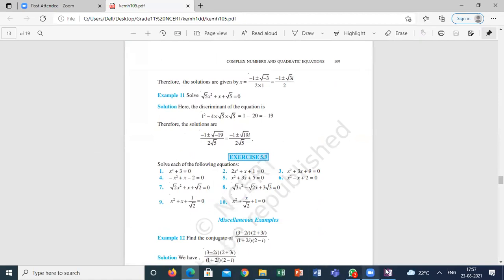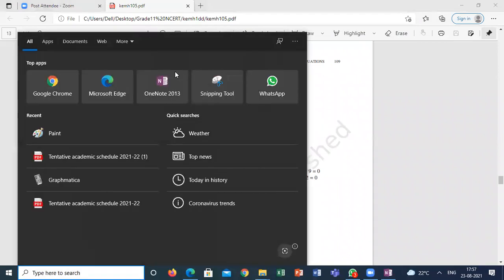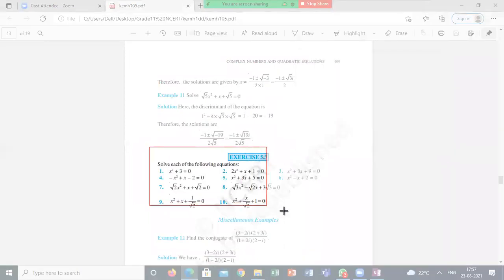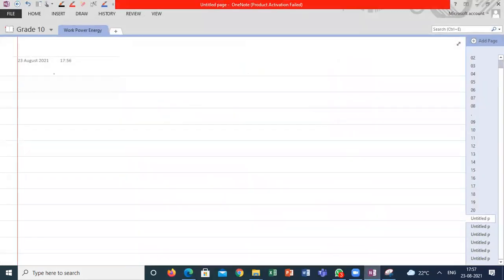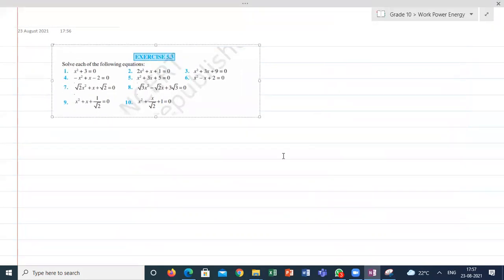Just solve each of the following equations. Simple. Solve each of the following equations. That's only our concept here. A little bit of extra numericals within the NCERT level I will discuss in the next class after finishing this exercise. What kind of questions have scope if I go a little bit higher level, but from the board point of view I never saw anyone go higher level, but we'll discuss.